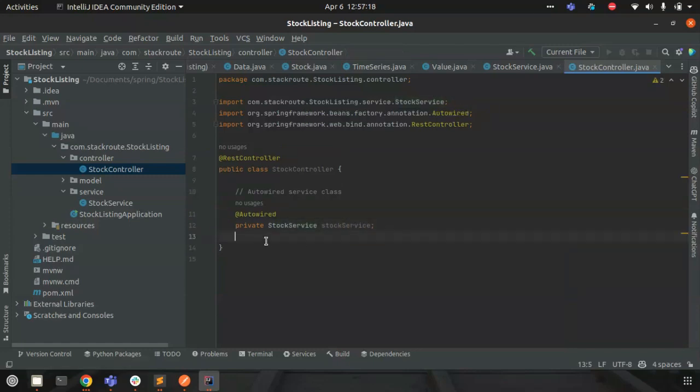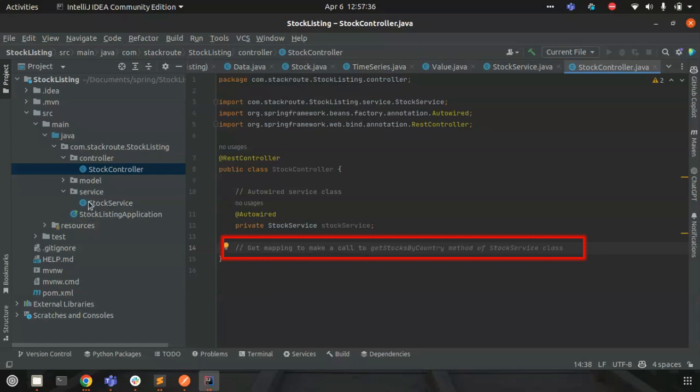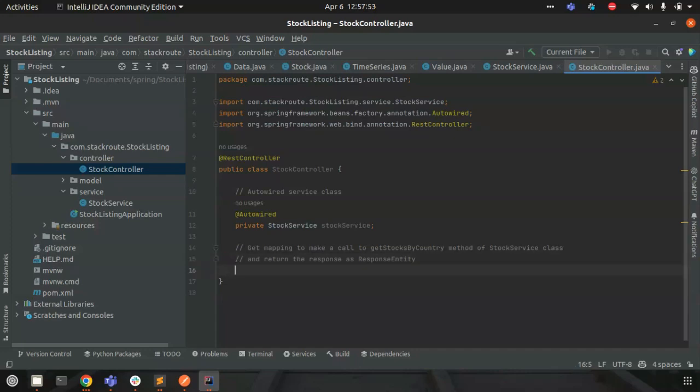So it's StockService. Okay. Next, I need to expose the get endpoint to make a call from the external client. So let me just say GetMapping to make a call to... okay, it's already giving me the suggestion. GitHub Copilot itself is giving a suggestion to GetMapping to call a getStockByCountry method of the StockService class. It's already giving me a suggestion. I just click on tab, enter,